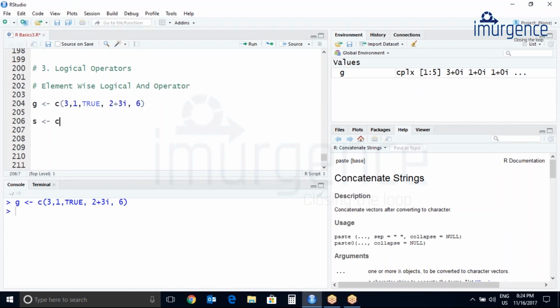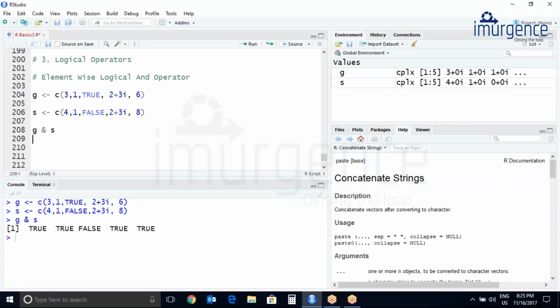Let's create another vector. Okay. So to use the element wise logical AND operator, it will be G and S.